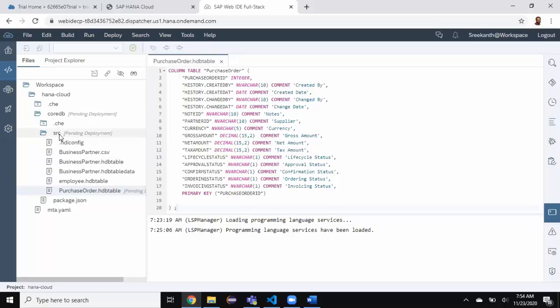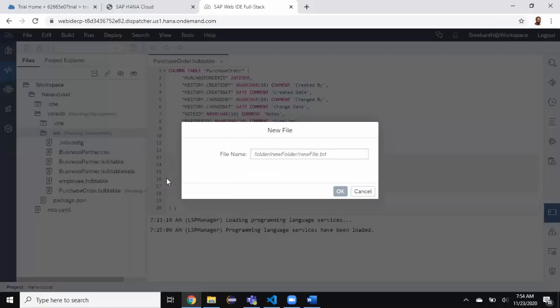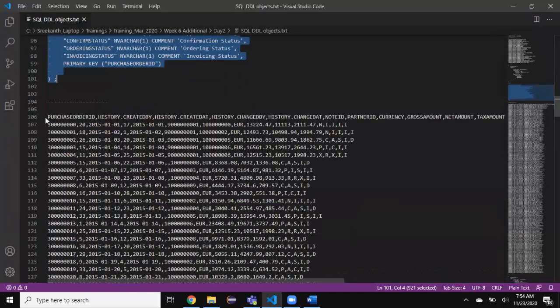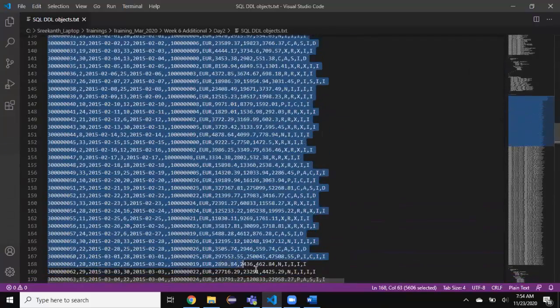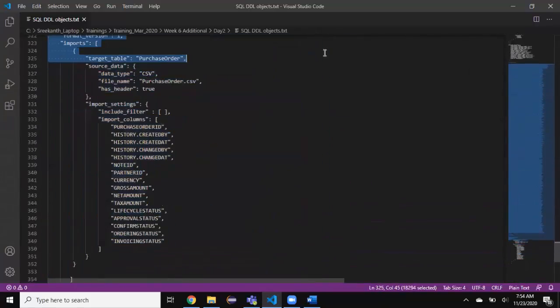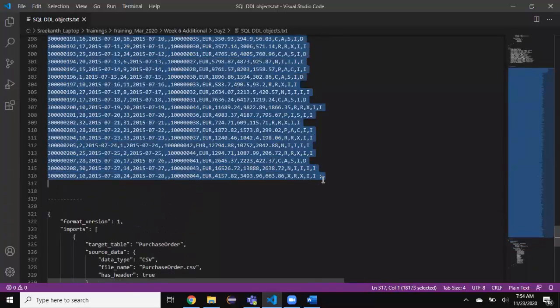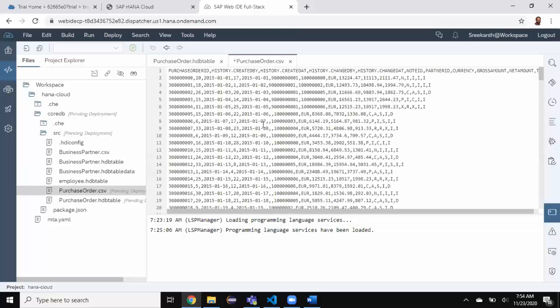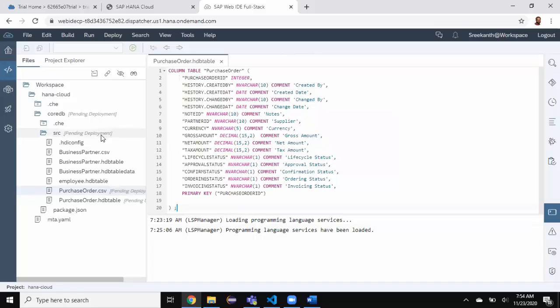I also create a CSV file design time artifact. A new file and then purchase order .csv. I also have some data records in my notepad file. I'm just going to copy those data records and paste it in the file. Saved, closing it. So I'm going to need a HDB table data file to load the data from CSV file